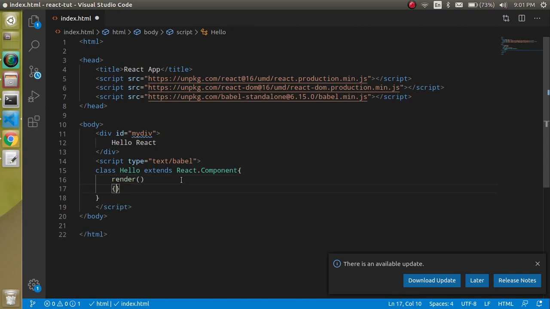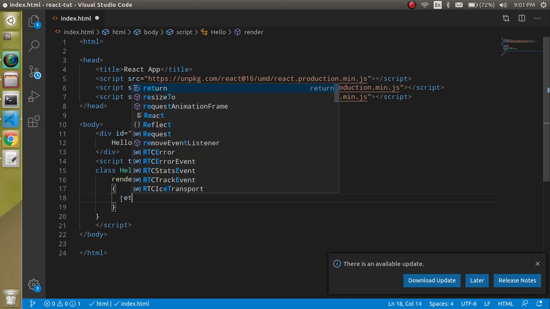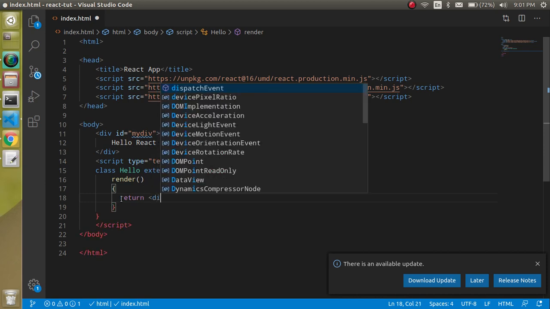So maybe you did not know what is render function. I will make a video on every topic, like what is React component, what is the class. On every topic you will get the video in the upcoming time, right? So don't worry. So let's understand how we can run it without installing node and npm kind of stuff, right? And just simply return a div here,